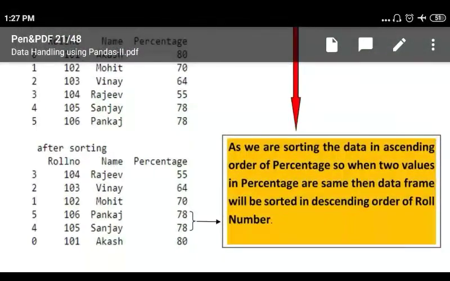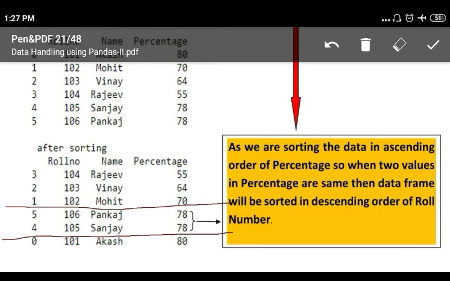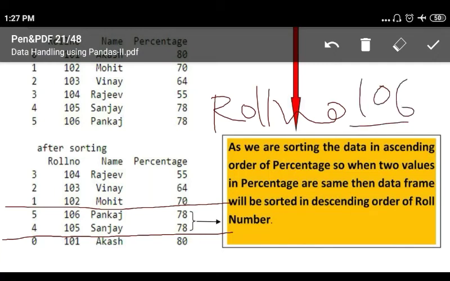See, this is the result. First, see, all these percentages are in ascending order, but as there are two students having the same percentage, we have asked to check the roll number. So whoever has the higher or greater roll number, that will be put first.